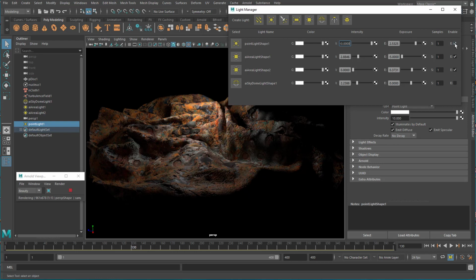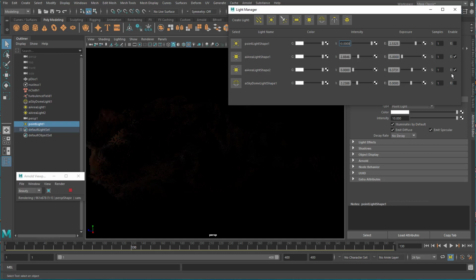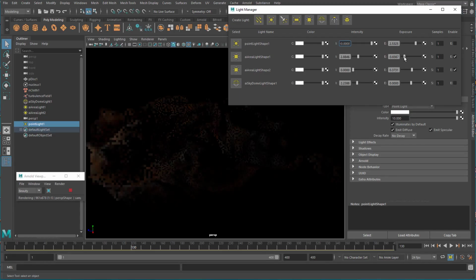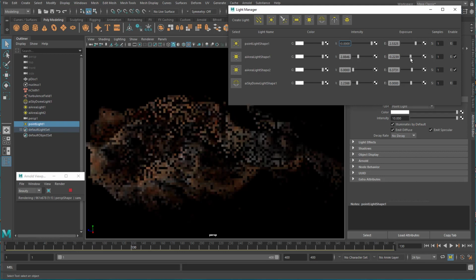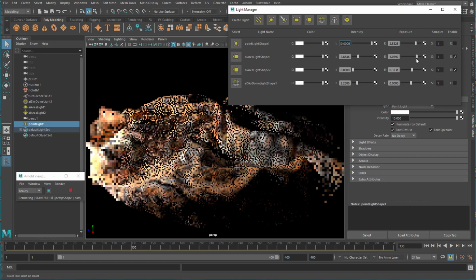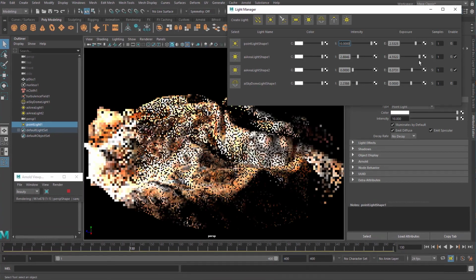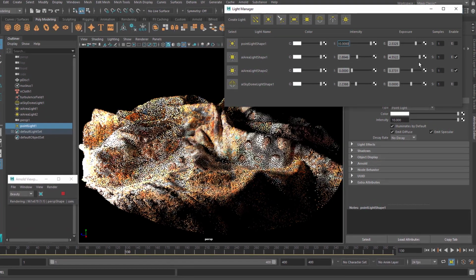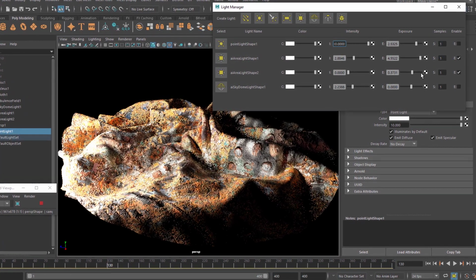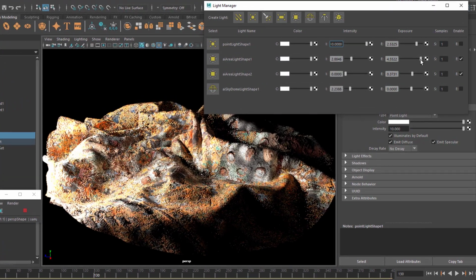When I switch off the point light, the scene goes totally dark, and now I can switch on the area light shape from the left and right. I change the exposure, which is currently set to minus whatever, to a higher value. Now the light creeps in from the left. This is a very harsh lighting. It looks a little bit like on a stage. When you reduce it a little bit,